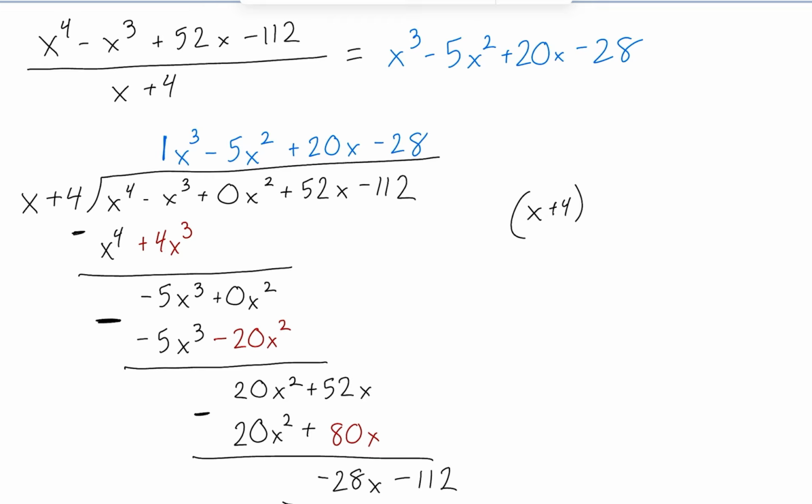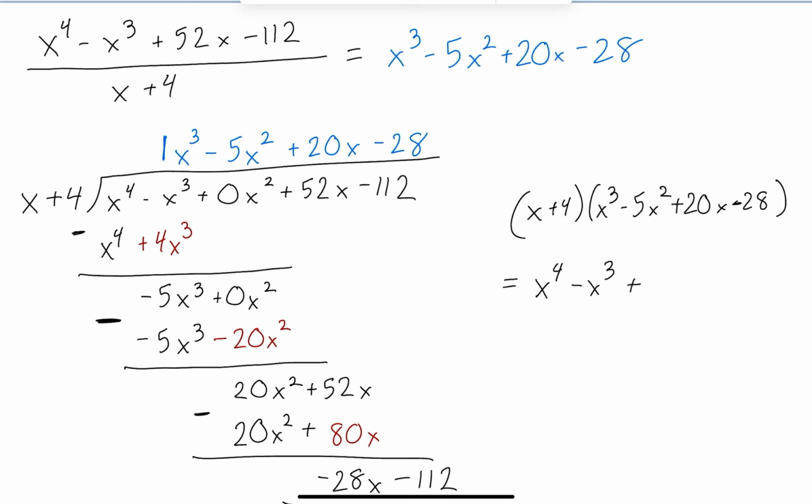If we can't factor that quartic on our own, we'll do long division and say my divisor, x plus 4, times the quotient, x cubed minus 5x squared plus 20x minus 28, is equal to the original quartic that I had. If you just distribute it, you would get that. So it's equal to that original function. That's the whole point. Now what I could do further is take that cubic and divide it more, or